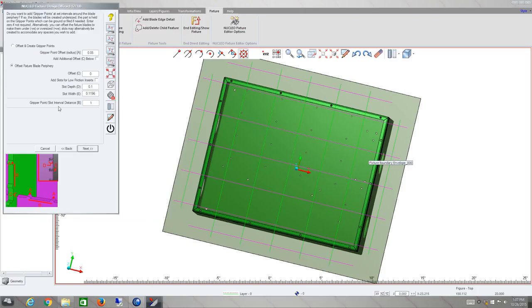This option allows us to offset the fixture perimeter. So you can make the blades, the purple and green blades, 10 thousandths bigger, so you've got some clearance. You can also use gripper points. These gripper points just make every distance B, which is 1 inch by default, we could put a 50 thousandths radius. So it'll offset the fixture by 50 thousandths, and every inch put a 50 thou radius there, a bump,